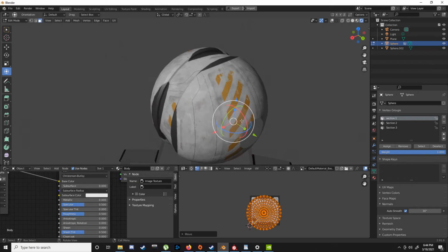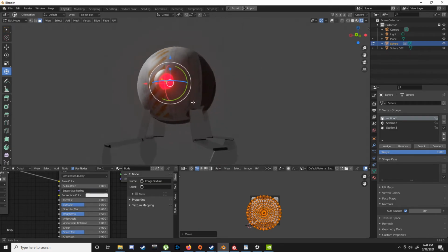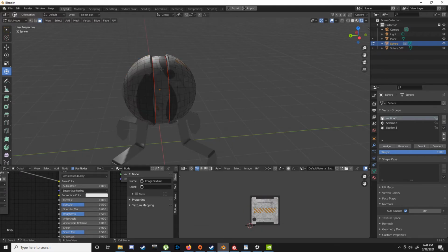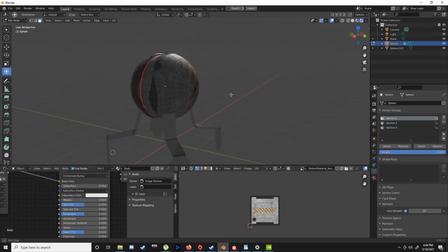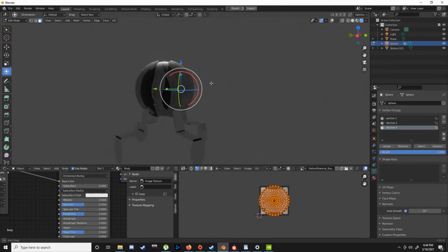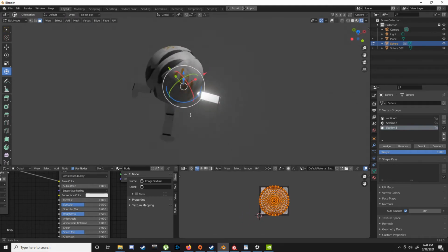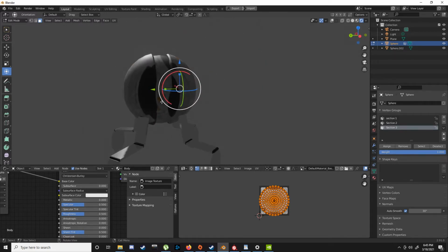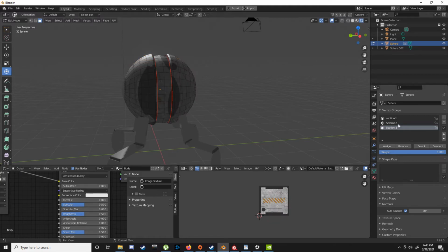And when you're working in the UV space, the one there at the bottom, S would be scaling, G would be to move around the actual map and adjust the textures, and R would be to rotate them. So now moving on to section 3, the bum, which looks okay, so I'm not even going to bother with that. And then move on to section 2,